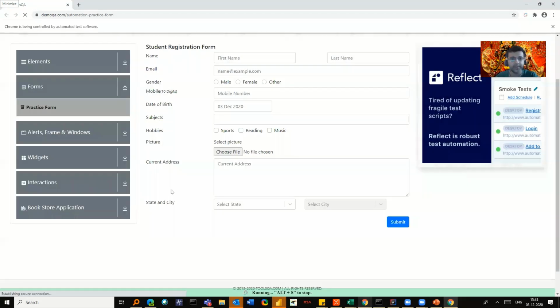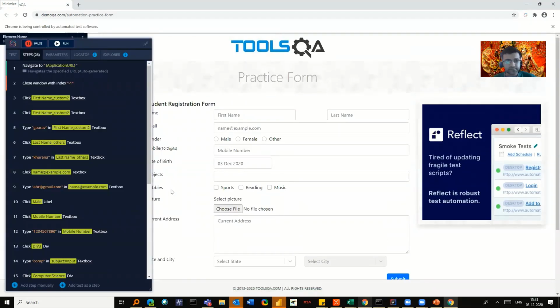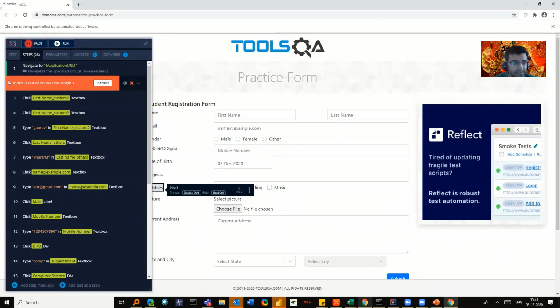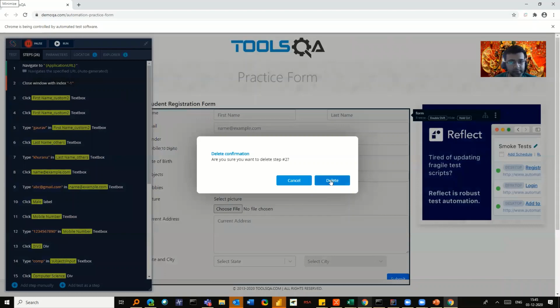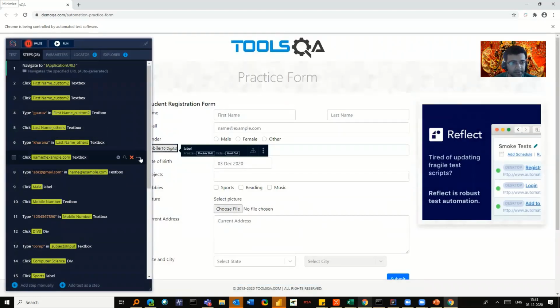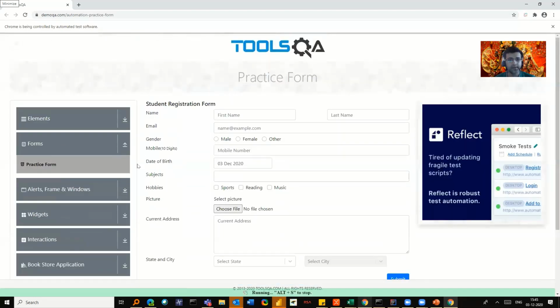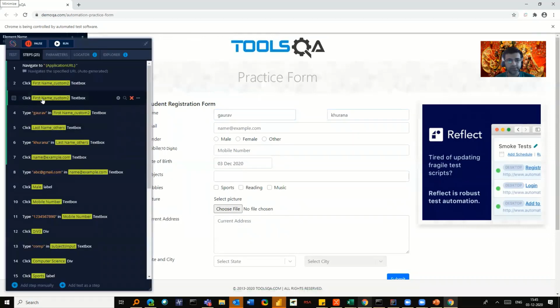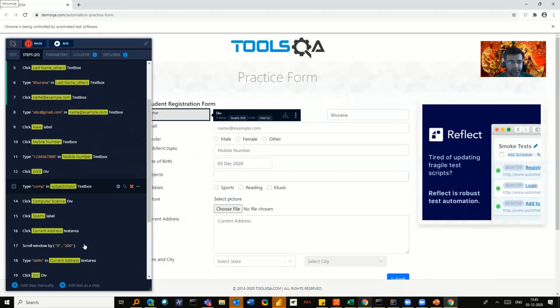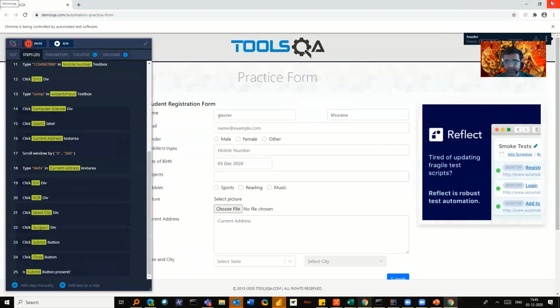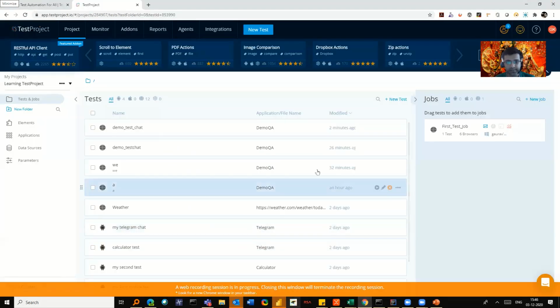Let me do run until here. If you see, it has failed at one place. Let me check, and then simply you can check which place it failed. Let me remove this for now, and let me run until here. Okay, so if you see, it is filling, it has filled up the information and it ran here successfully, all is green. Now I'll close it, and meanwhile it is saving it.